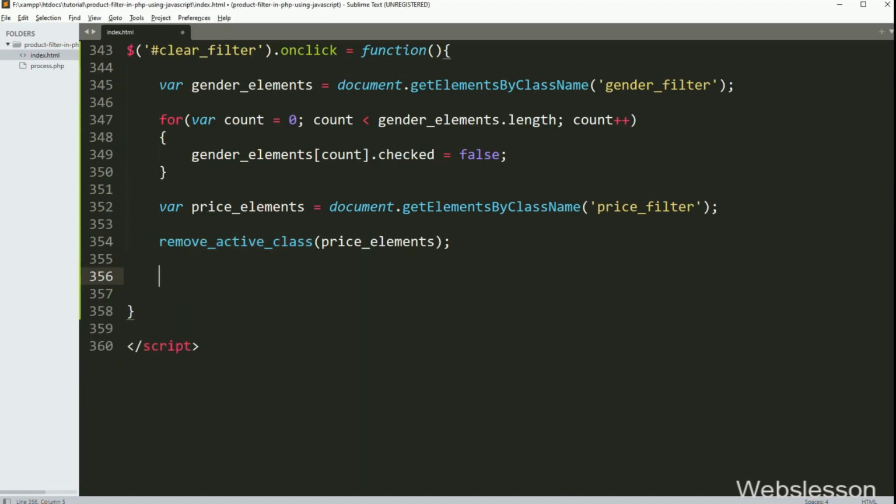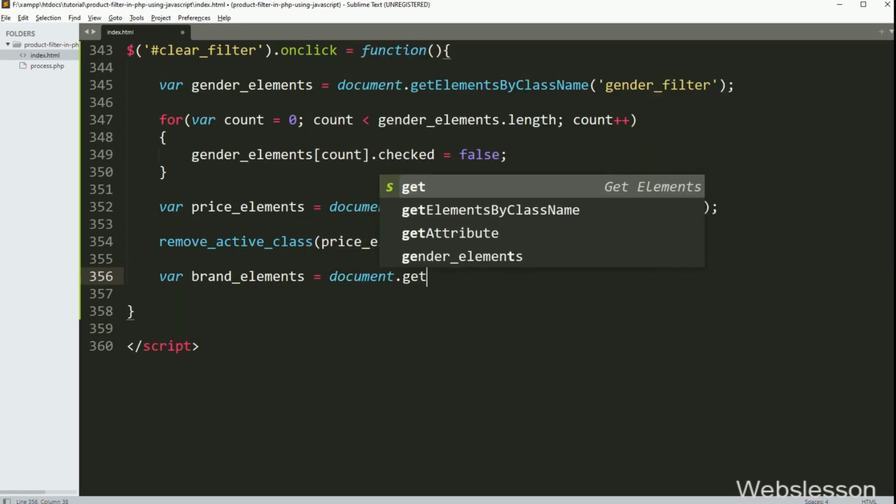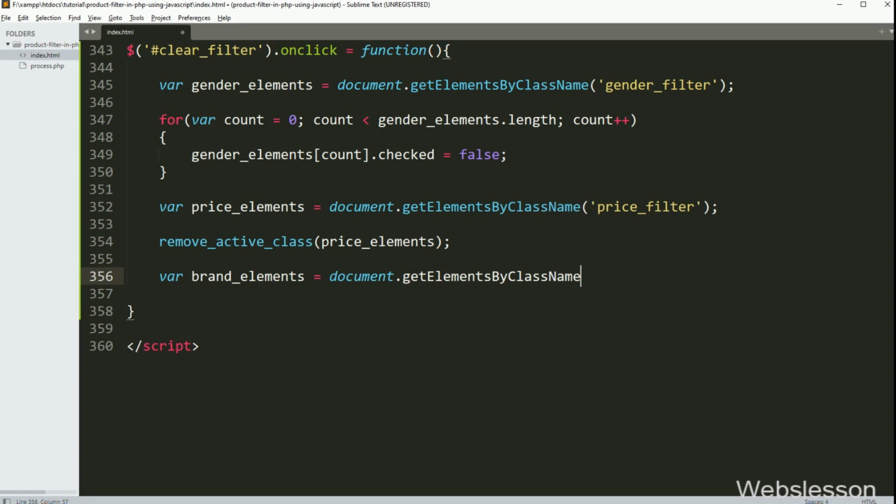After this, we want to reset the filter of the checkbox filter. For this, we write brand elements variable is equal to document.getElementsByClassName method, and under this we write the checkbox filter class brand filter. Below this, we write a for loop, and under this, we write count variable is equal to 0, count variable value is less than the value of brand elements dot length value, and count variable value increment by 1.